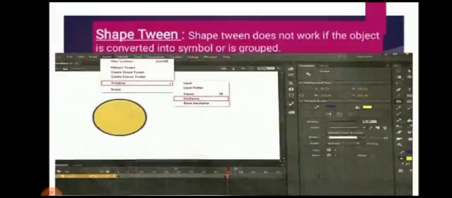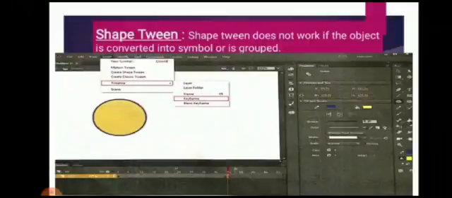Then draw a circle in the first keyframe, okay, and this do not convert into a symbol. Shape tweening works only on the object, so here we will not convert into a symbol. Now in frame 1 you have made the circle. Now select frame 45 and insert a keyframe by selecting Insert, then Timeline, then the Keyframe option. Or in the previous session I told you that the shortcut for keyframe is F6, that you will use.